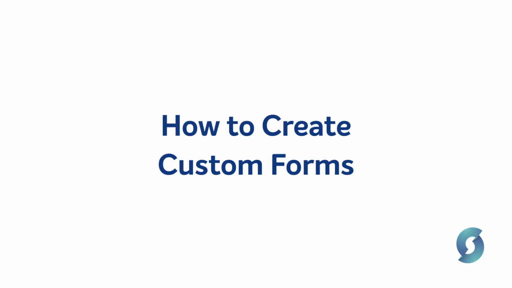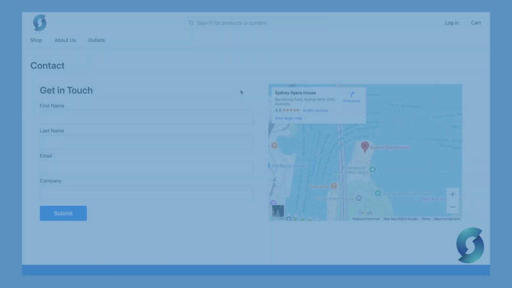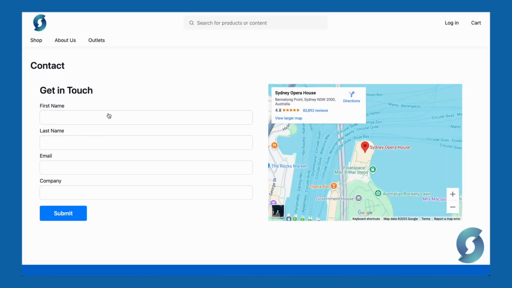How to create custom forms in StoreConnect. Alright, here on my contact page, I currently have a standard Salesforce web to lead form. This works great for automatically creating new leads in the back end of Salesforce. But I'm now going to replace this with a StoreConnect custom form, which supports things such as file uploads and